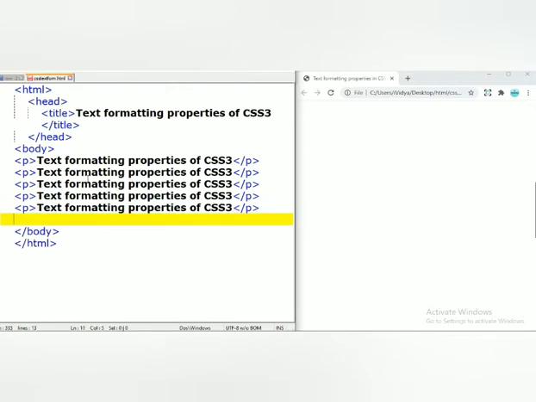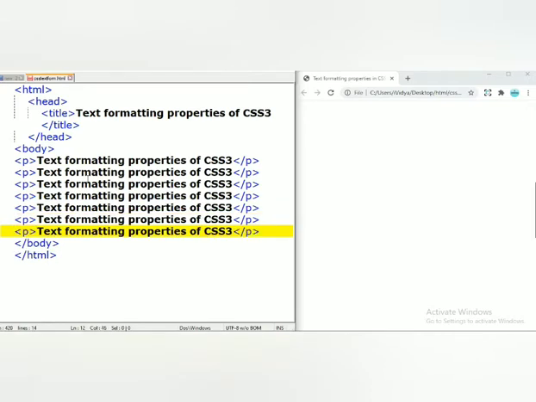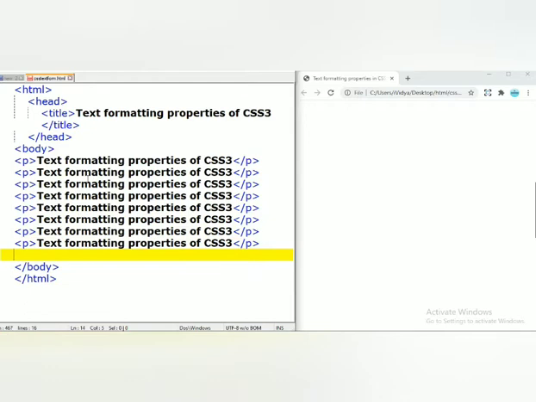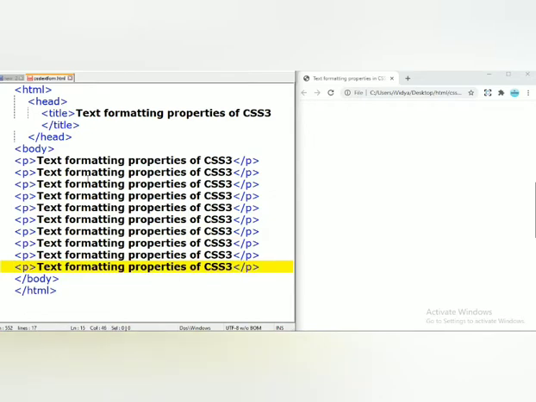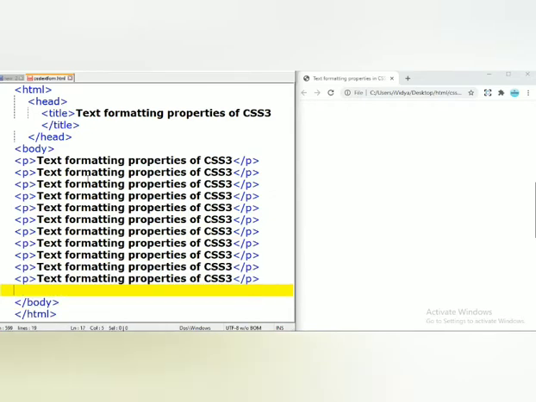If I apply different properties for different lines, you will be able to understand the difference of every property. So I'm going to insert some different paragraphs.